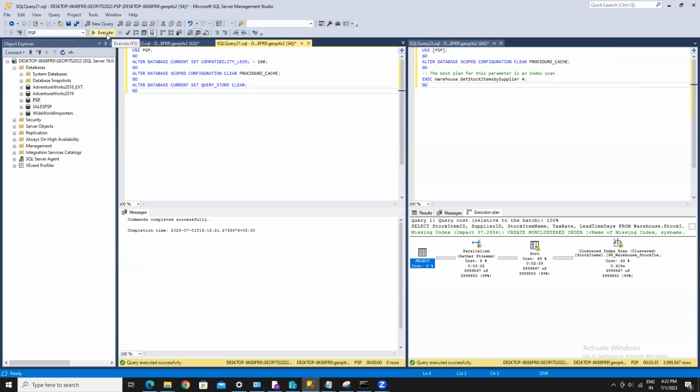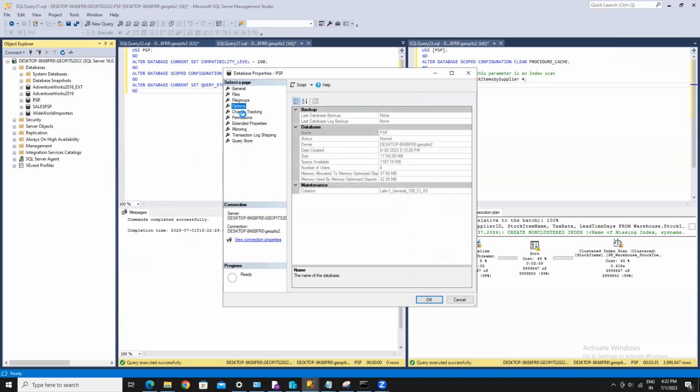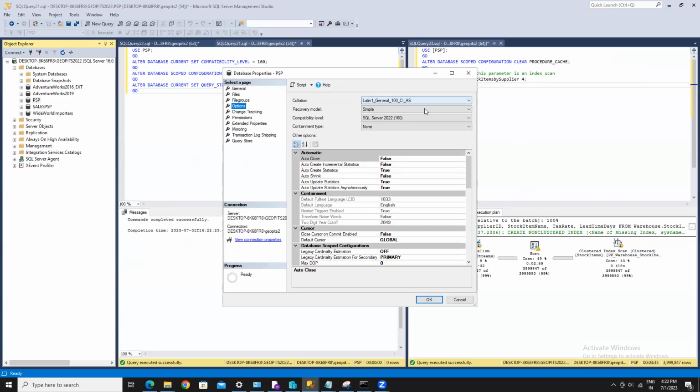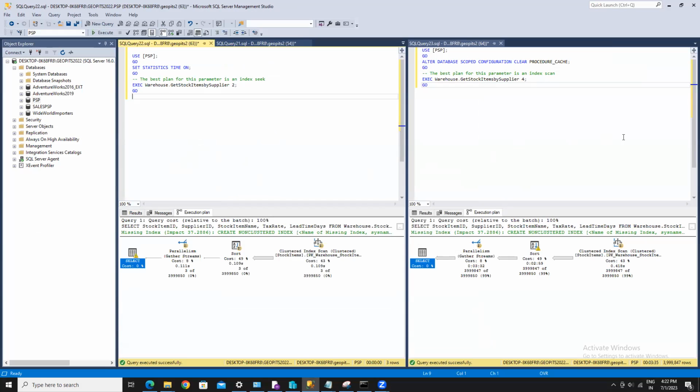We are in the procedure as well as the policy, so I have changed across everything. I'm going to run the same query with the same parameters.